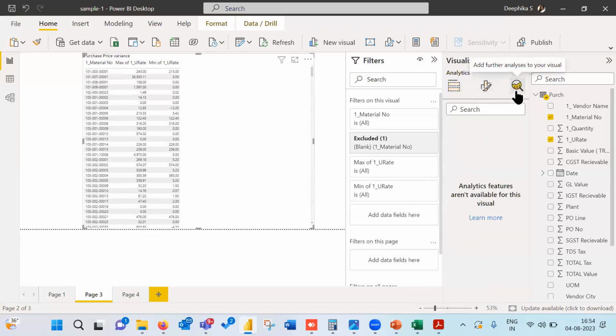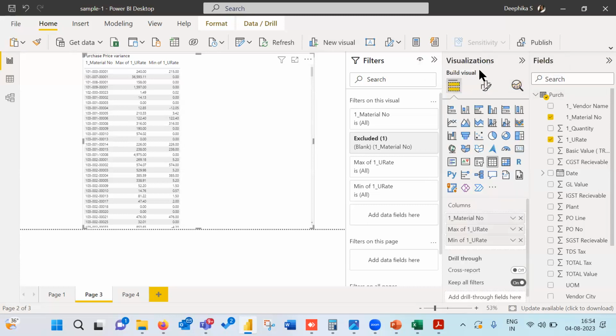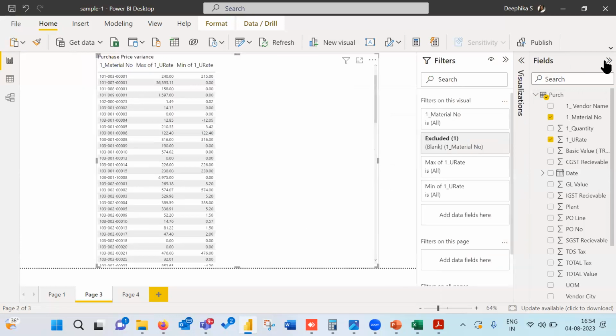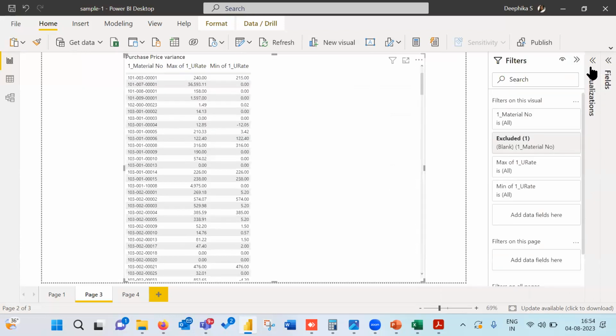And the third one is a global search. Currently, for this visual, it is not there. This is for whenever you have KPIs, insights. This is an AI feature available in Power BI, where if you already have charts, it will give some insights, like sales is high here, low there. It will give some recommendations. That is there. Okay, so fields and visualization are over. There's nothing much. It's very simple.